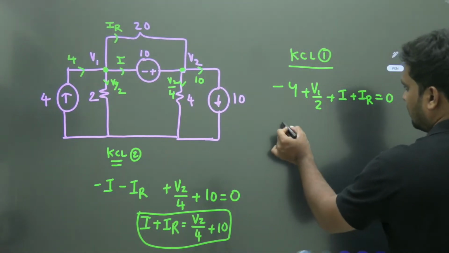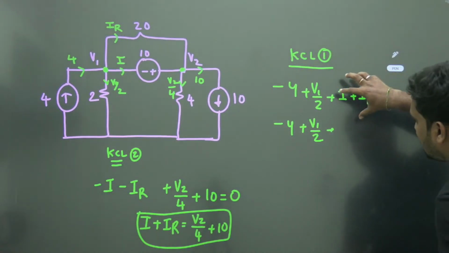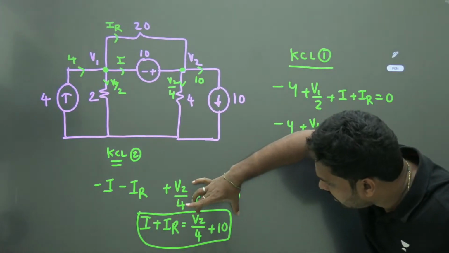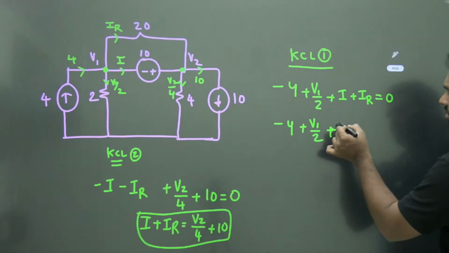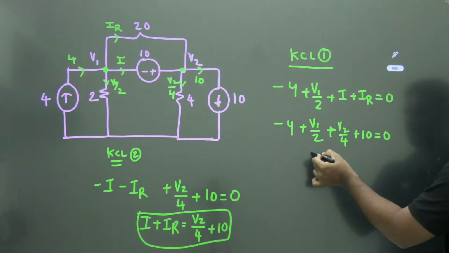आपको ही पता है ना, -V1/2 I plus IR जो है ना, इसके अलावा हम V2/4 plus 10 लिख सकते हैं ना। हाँ, हो गया प्रॉब्लम।